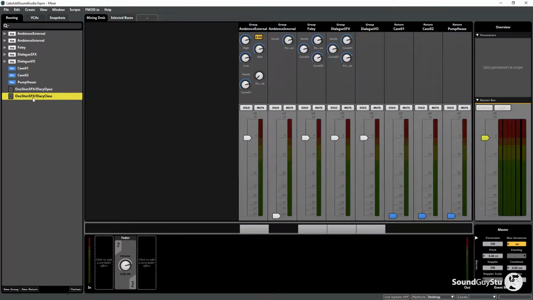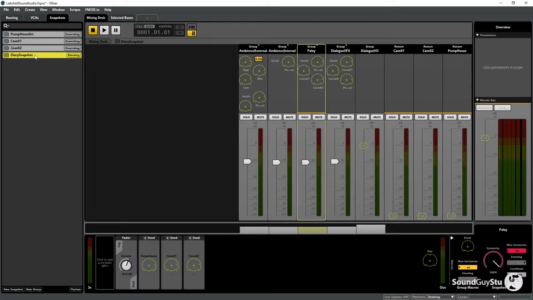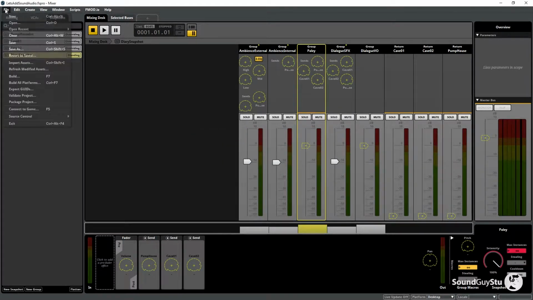These are not going to any group at the moment, so what I want to do is send those, well, I can pop those in Foley because it is a type of Foley, opening the book. And then if I just go back to the snapshot, I'll scope out the Foley, because really there shouldn't be any footsteps or anything while the diary is open. So save and build,